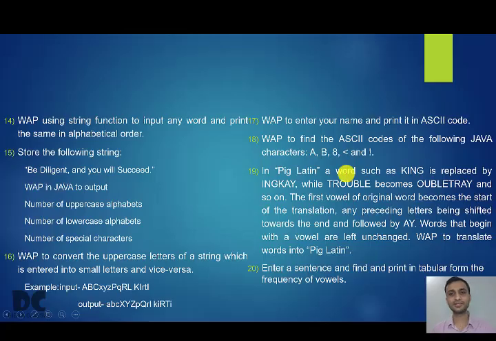So this completes question number 13, 14, 15, 16, 17 and 18. In the next class, we are going to solve question number 19 and 20. And this much program is enough for you to do well in your board exam. In the future classes, I will be giving you some more assignment based on string, and we are also going to have an exam on this chapter. Have a nice day. Thank you.